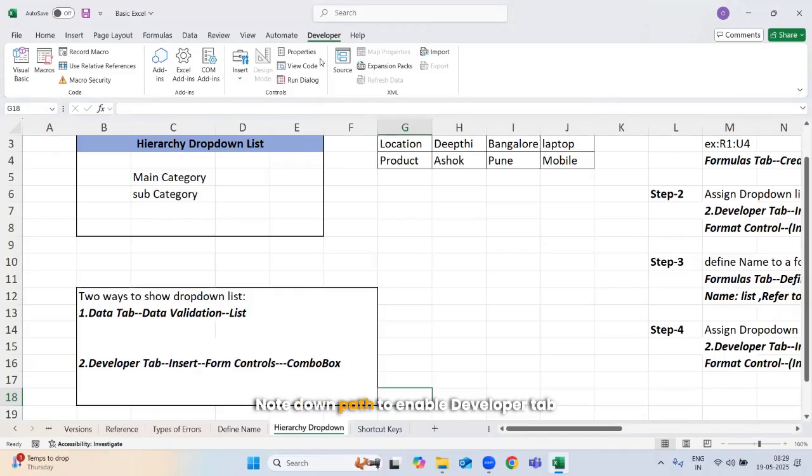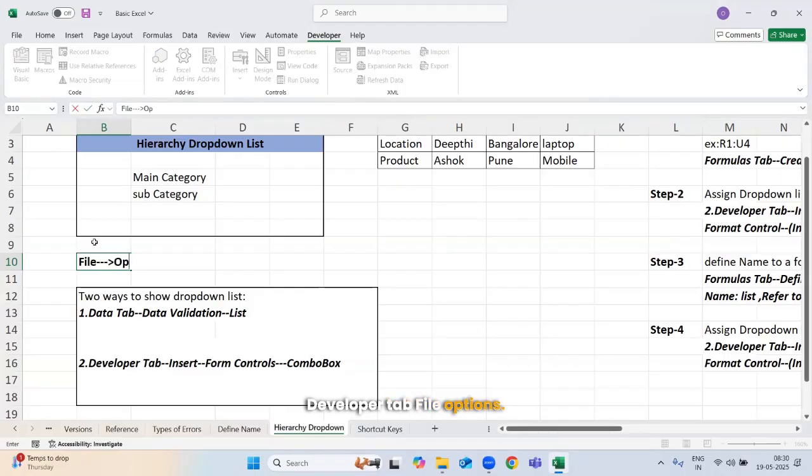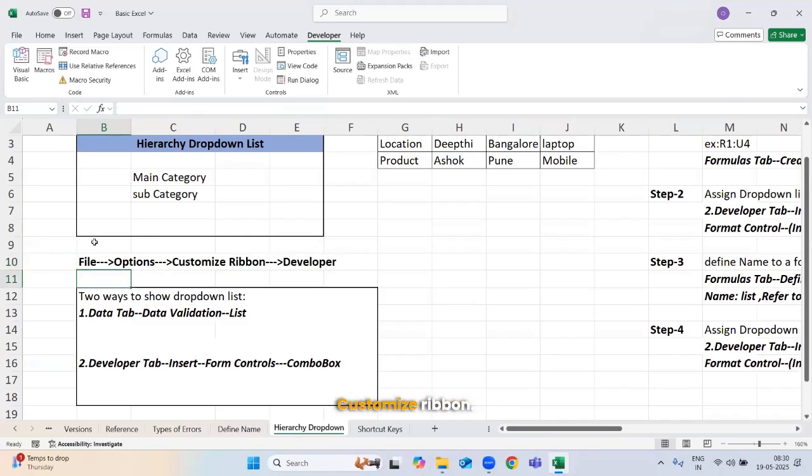If you're not using VBA, you will not find the developer tab in your application. You should enable it. Note down the path to enable the developer tab: File, options, customize ribbon, developer tab.